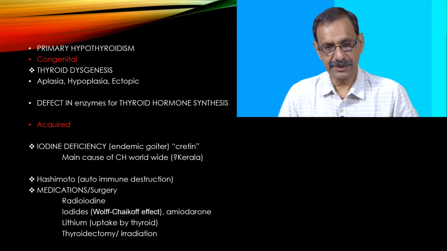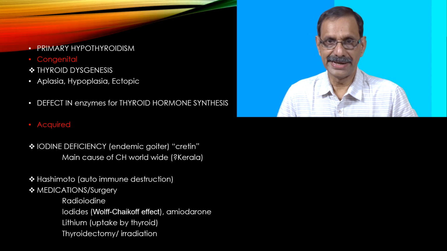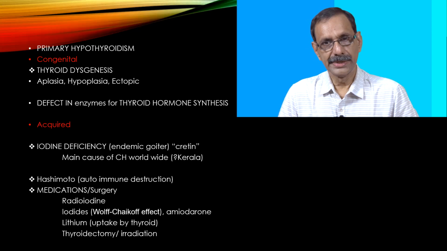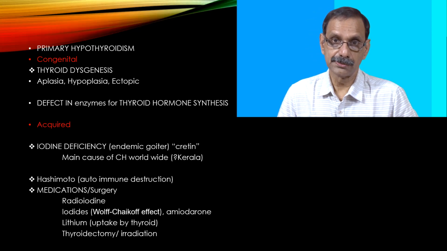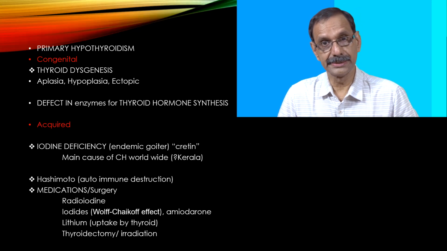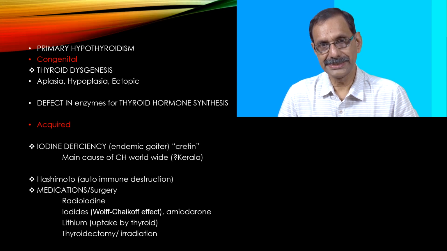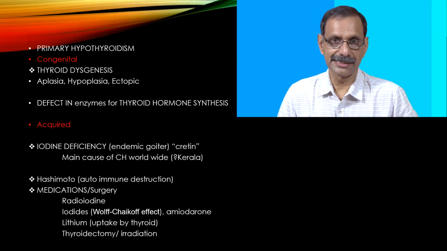Other causes of hypothyroidism would be radioactive iodine, which destroys the thyroid gland. Massive doses of iodine, where the body immediately shuts down the thyroxine production because there would be overproduction if a lot of iodide is getting incorporated into the thyroid gland. So that is the so-called Wolff-Chaikoff effect. Once the excess iodine is taken off, in 2-3 weeks they will recover to normal.